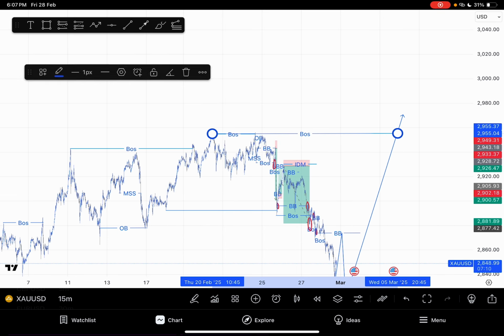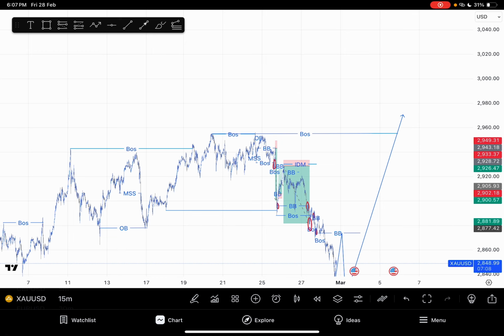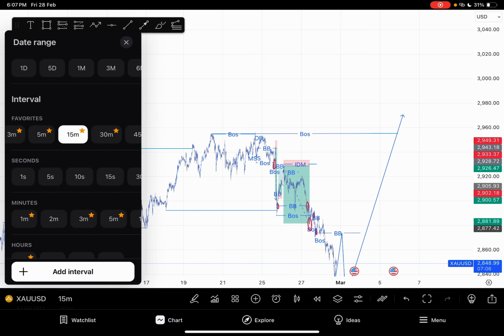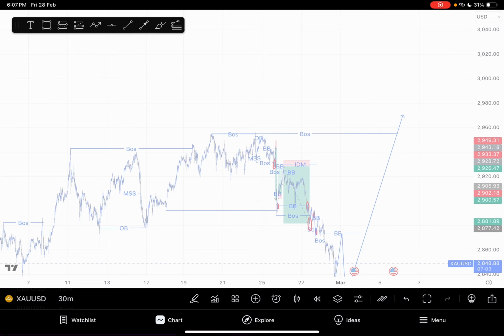This will be the final break of structure. And after a break of structure, what should you do next? You look for a breaker block or an order block. So now if you go to a higher time frame,